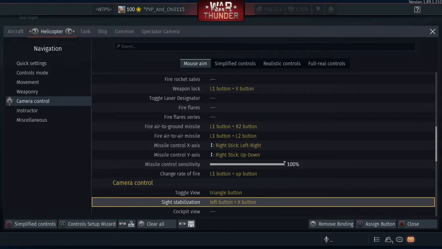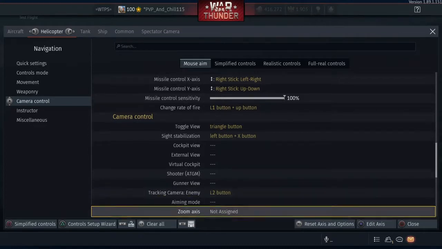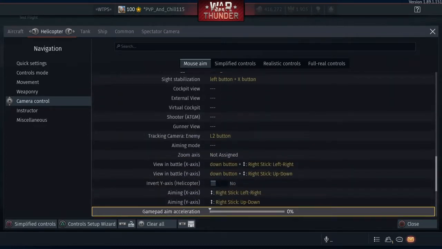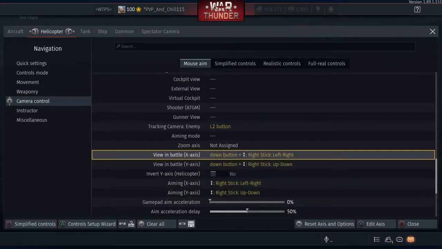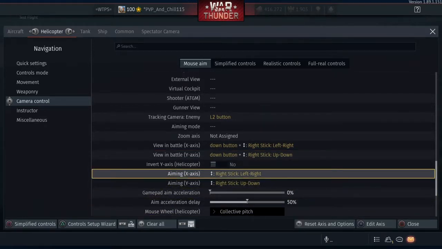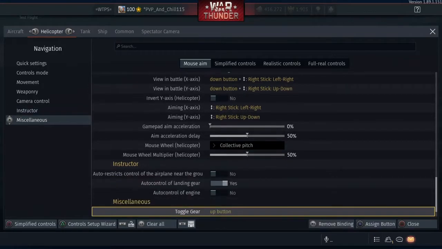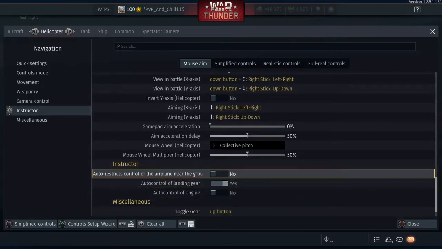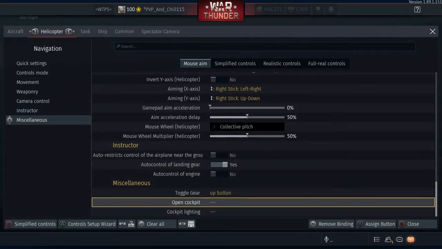Sight stabilization, I actually don't mess with these controls. I haven't messed with them at all. Tracking enemy, I don't mess with that because helicopters. Aiming axis, the down button, not important at all because I use a different button and it works for all controls. The aiming is right stick, left, right, up, down. Auto restrict control of the helicopter near the ground. That one's probably not so bad, but no, I still wouldn't do it. I don't have any of that. So now that the helicopter's done,